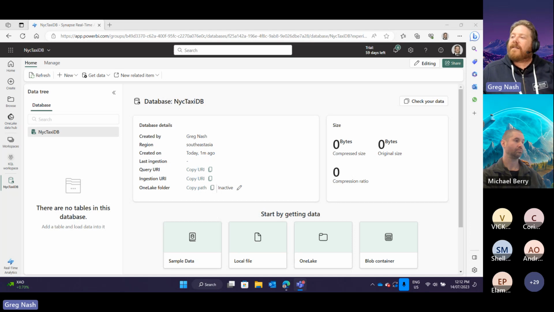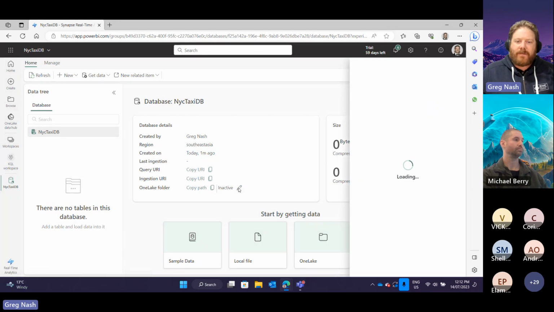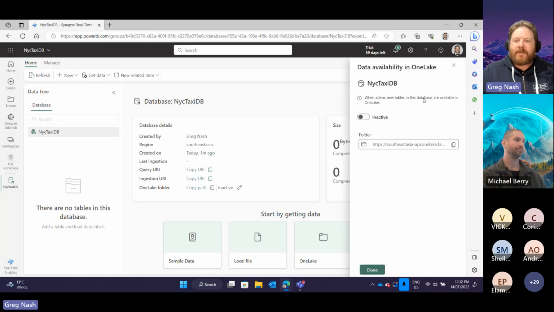All right. We're going to set it to active. Oh, we hit this little button. This little pencil down here. Select data availability in OneLake. Okay, so what we're doing here is we're making this available in OneLake. So let me see if I can show you what this means. So if I look at my OneLake,